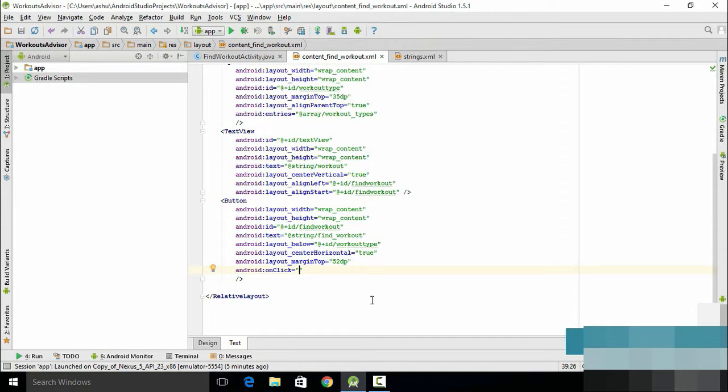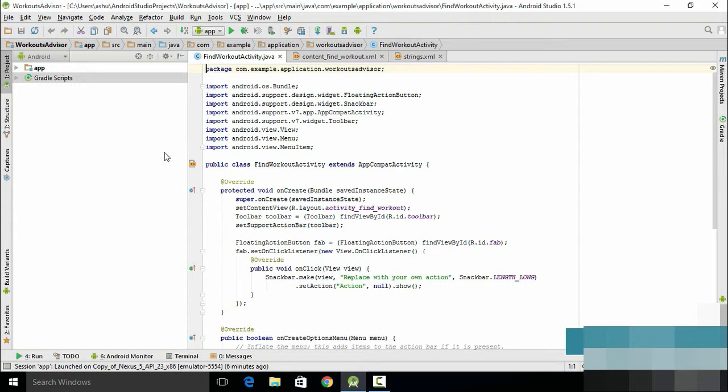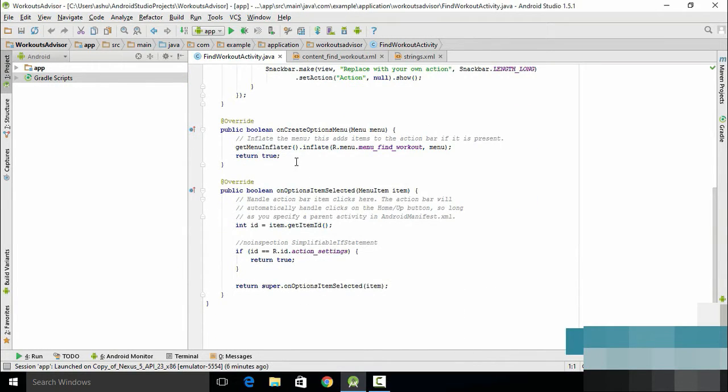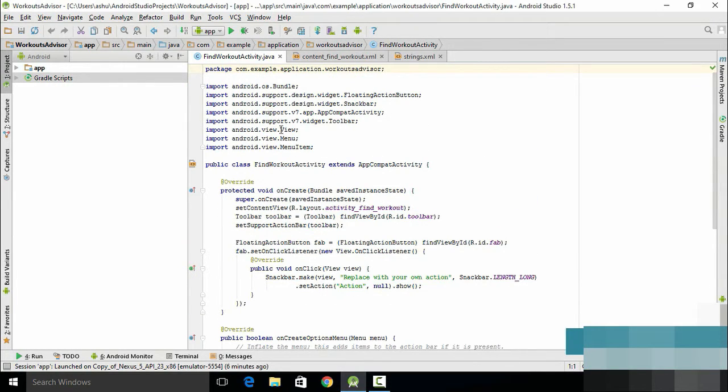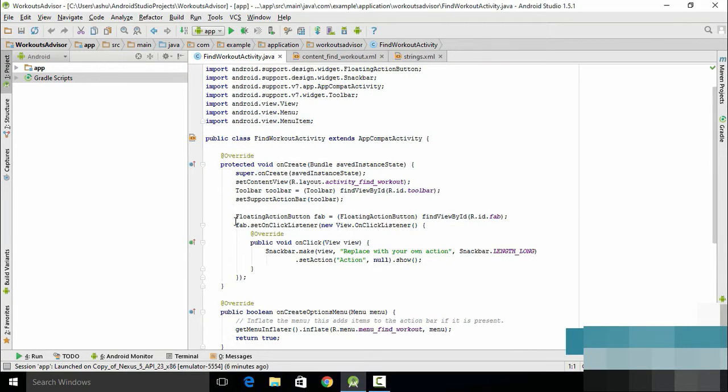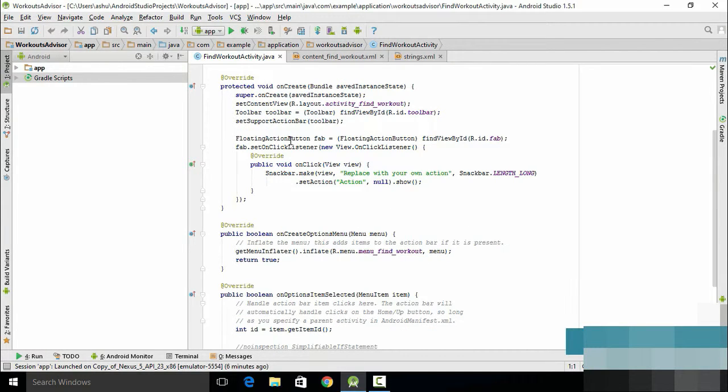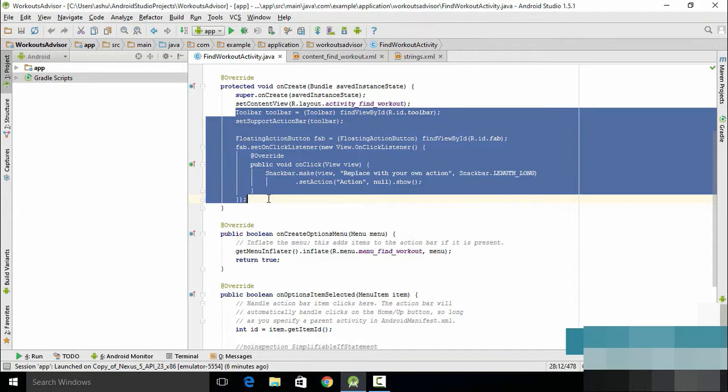Now in this case, as we don't have any method created right now, we type in here onClickFindWorkout, and make sure that you spell it correctly. Once this is done, we go to the FindWorkoutActivity.java file, and as you could see, there is a bunch of code which is already typed in for us by Android Studio. The thing is that we won't be needing all this code, so we go ahead and delete the unnecessary code. From the toolbar I delete it right over here,